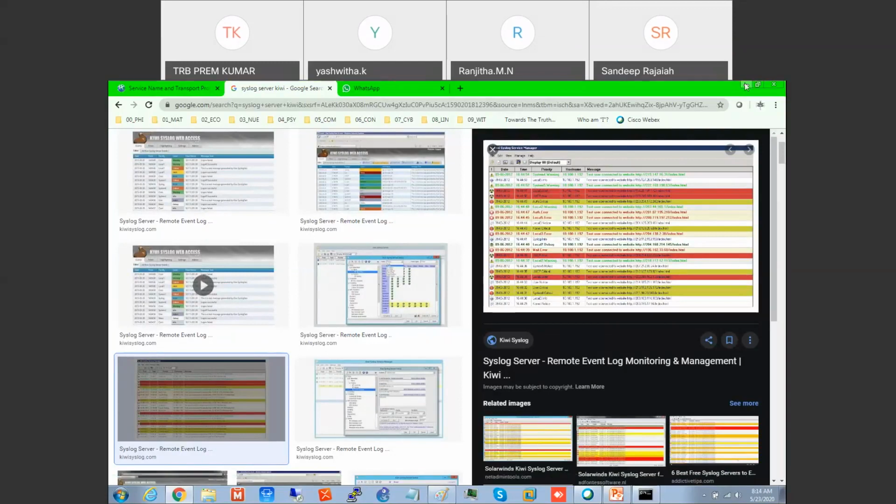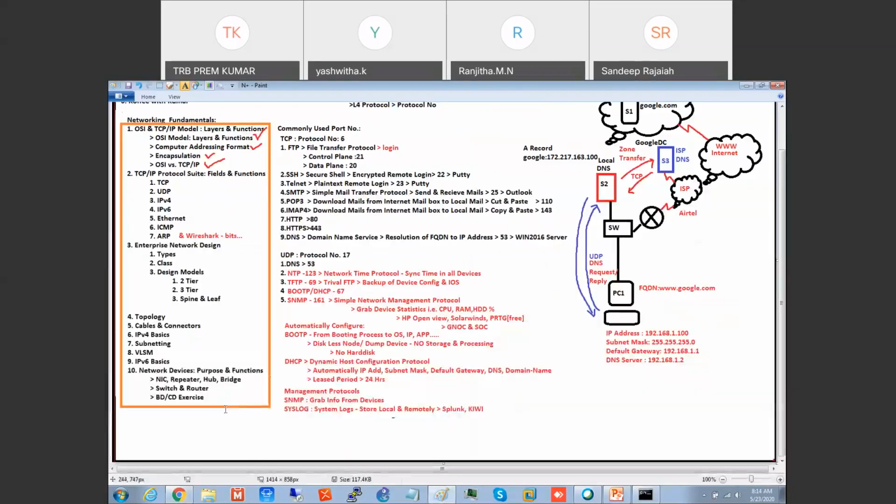Even without anything happening, if we want to capture information about the device every 2 minutes, we use SNMP. Syslog is the log of what happened. What is happening in the computer or the device is called logs. The log is stored locally or remotely, and in a company it is stored in a remote location, that is the syslog server. Another important protocol is NetFlow.